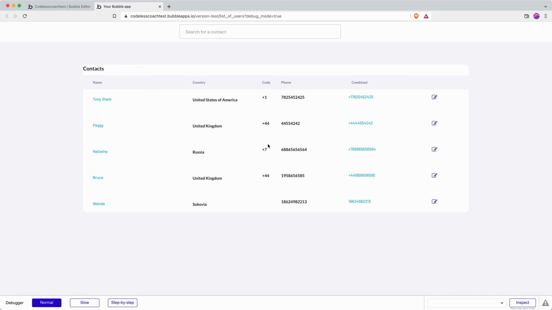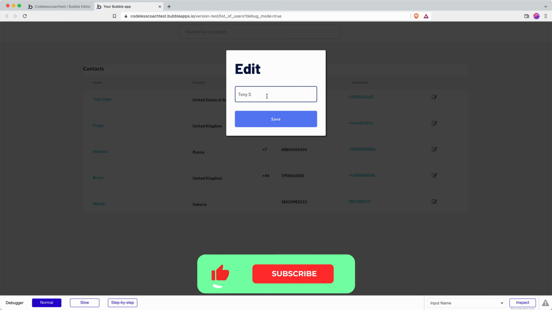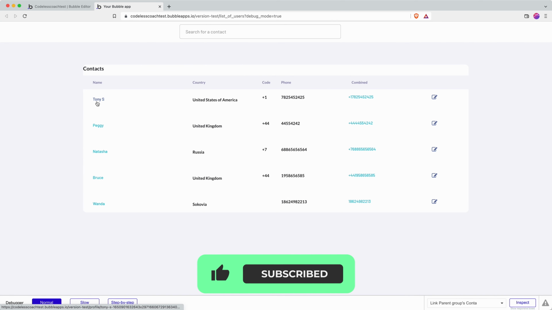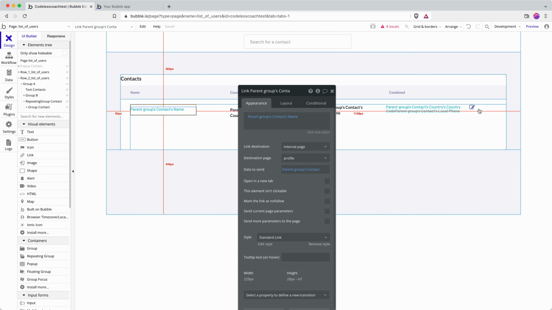In a previous video, I've demonstrated how to create a workflow where if you click on a button like this, you receive a pop-up which you can then edit a piece of content in the database. By hitting save, you commit that change to your database, as you've just seen there. But this video is going to show you how to do that using auto binding, and auto binding allows you to cut down on the number of workflows that you have to create and can offer a slightly better experience